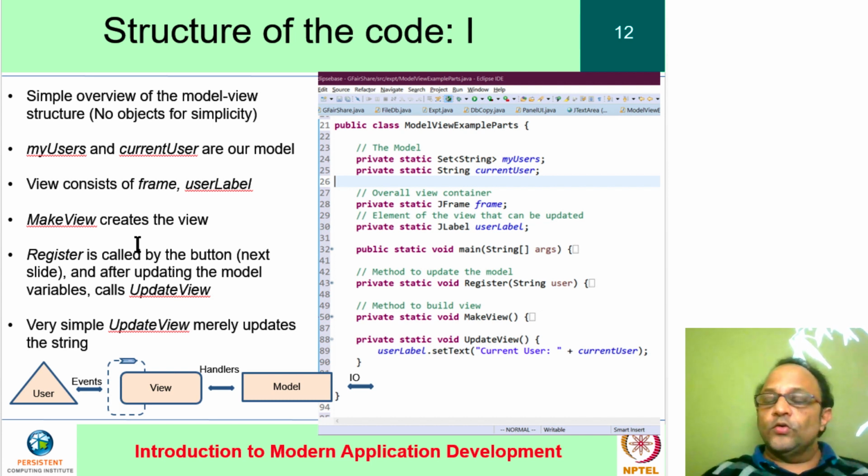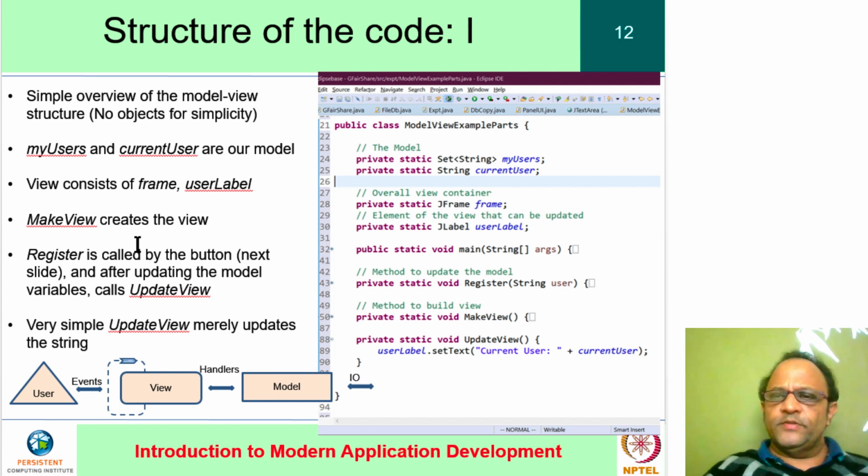Here we see those parts of the application that correspond to the conceptual things that we have seen. As you can see, the elements that are used to create the model and the view are very, very simple. We don't even have much by way of objects. Of course, there are things like sets and so forth, which are Java objects in the libraries, but this design is not particularly object oriented.